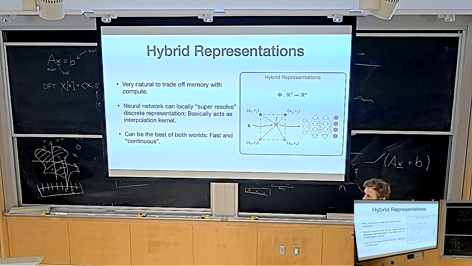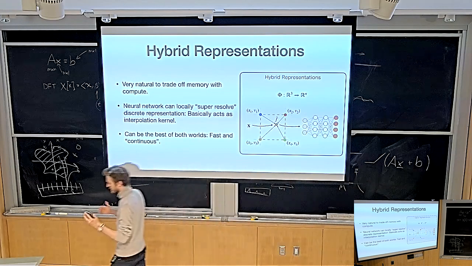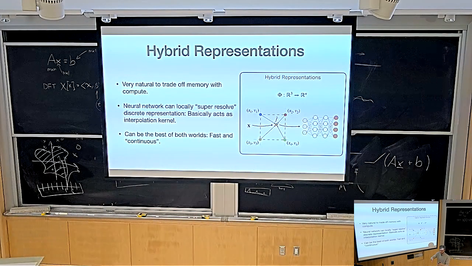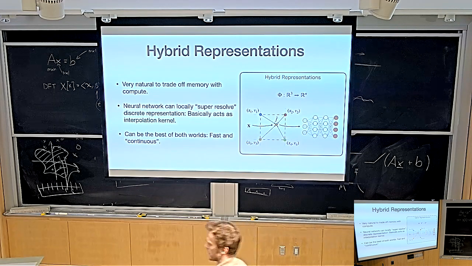And now this is the conclusion of hybrid representations. Basically, this is a way of trading off the memory that your representation requires with the compute that it takes to sample and to fit. With a voxel grid, you can query it really fast, but it takes a lot of memory. With a neural field, querying is super slow and expensive, but it doesn't take a lot of memory to store. This is just a way of trading off. This is still being used today in lots of applications. The neural network is kind of just doing a little bit of interpolation between the feature information stored in the grid. And this has applications in generalization, which we'll get to later.